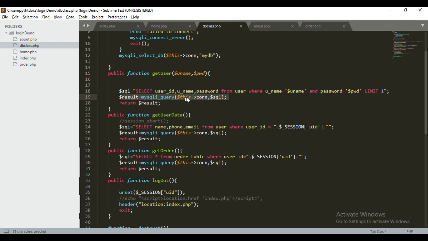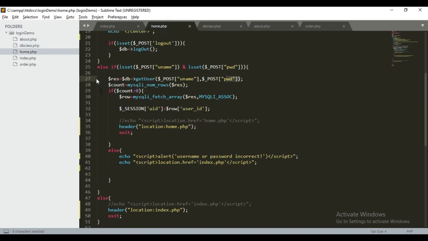Okay, it will return the result to this result variable, and this result variable we are returning to the calling function. So our get user function will return a result which will be stored in this variable. Now we are fetching the number of rows from the result, how many rows it returned.